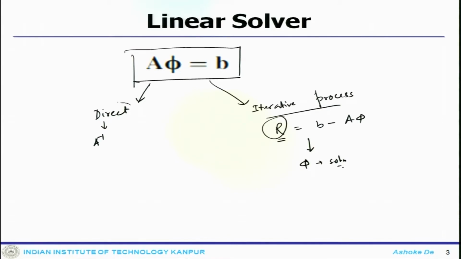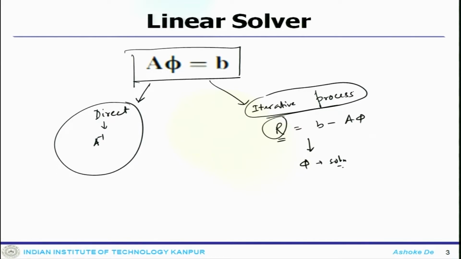So, this is heavily computationally expensive, has serious limitations on large scale problem, but at the same time this is very handy for large scale problem or rather practical systems, and one of the very much preferred methods for linear solver in modern day CFD calculations, because the direct methods are very much restricted to the small scale problem or academic problem, but for large scale realistic problem the community prefers to use iterative solvers, and there are a lot of methods which have been devised based on iterative methods, for how quickly one can get a solution.